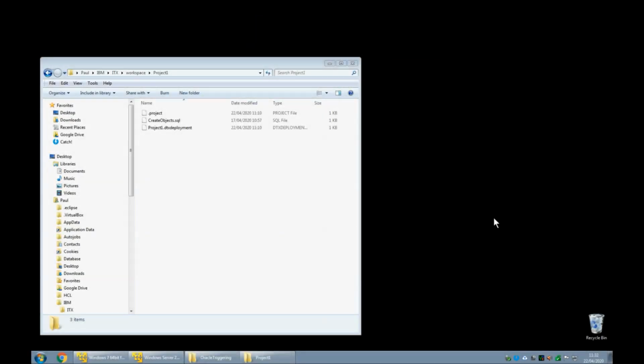Here we are on the Design Studio machine, and as you can see I have a File Explorer window open showing a mostly empty project folder. The createobjects.sql file I used earlier is here and nothing much else. Okay, so I'm going to open a command prompt